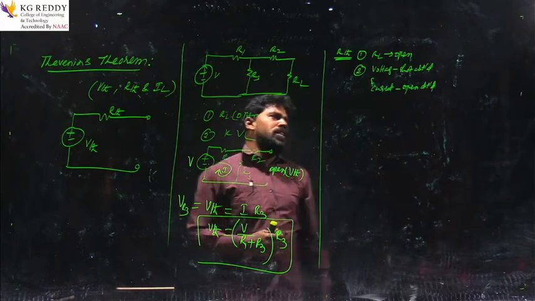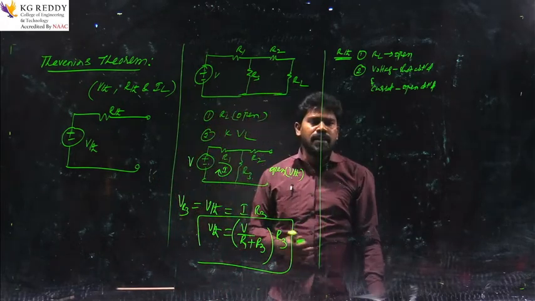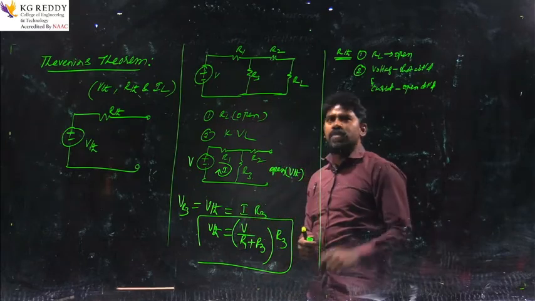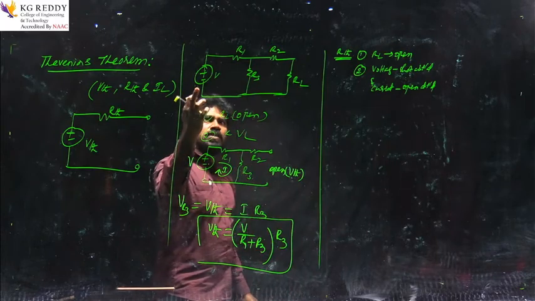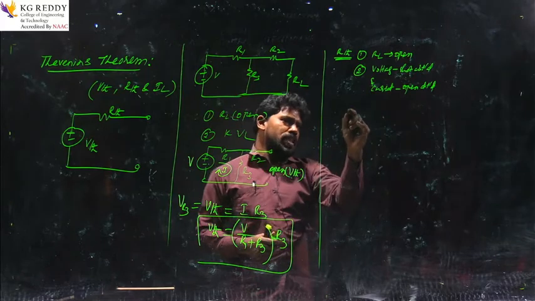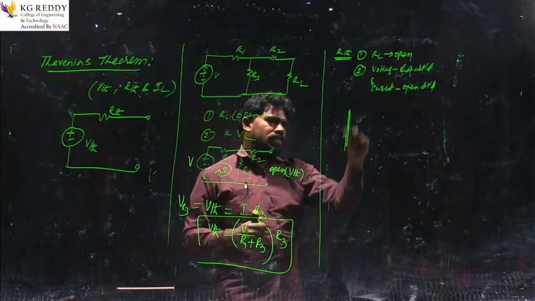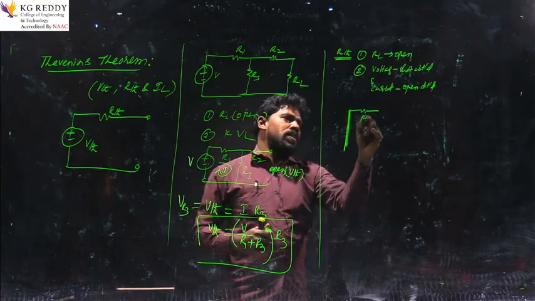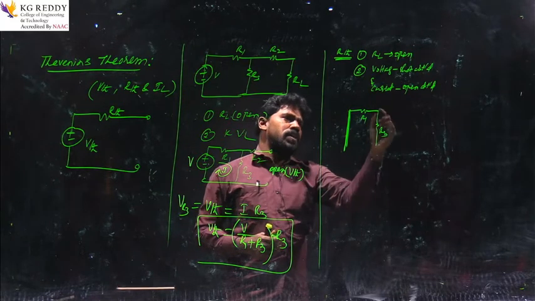So, these are the two conditions you can apply to find the RTH for any kind of network. Now, I am going to apply the same technique to this electrical network. We can observe that our circuit has only a voltage source, so the voltage source should be short circuited. I am going to short circuit the voltage source here. This is a thick line, the short circuit, and the resistances as they are I am going to represent here: R1, R3 and R2.